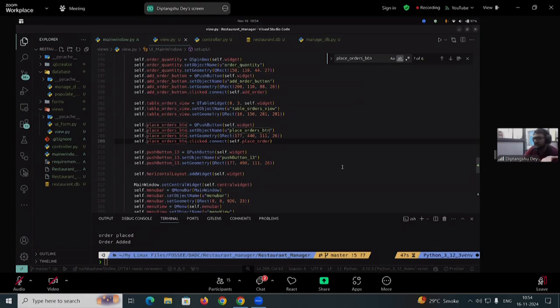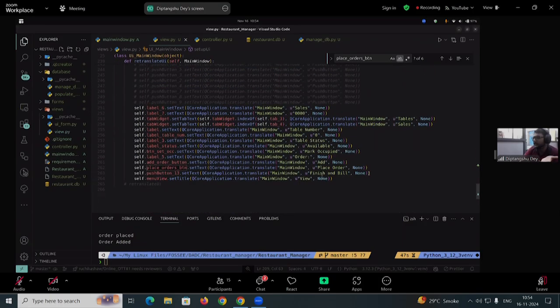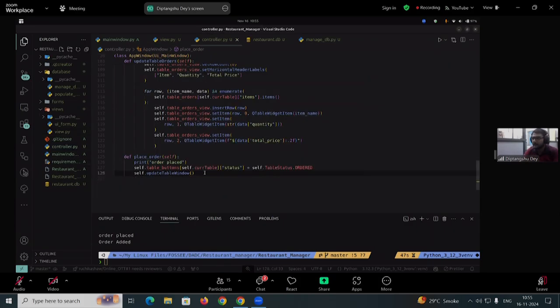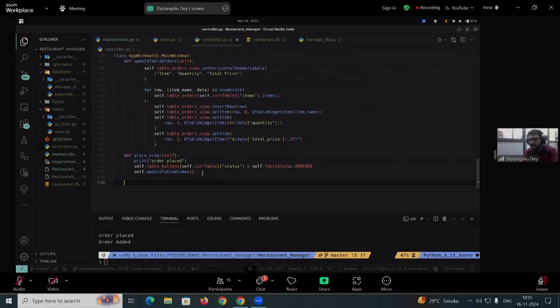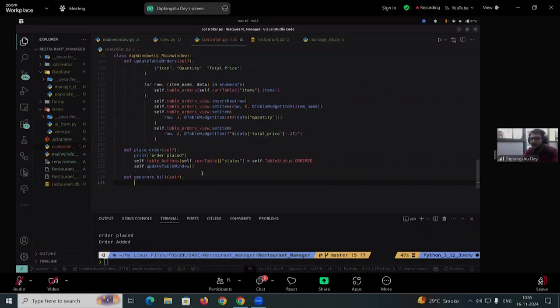So again, the same story. I will go to the view. I will find the finish and build button and rename it to generate build button. Okay. Then over here, I will write the function here for generating the bills. And I can only generate the bills if the customer has already ordered. So if